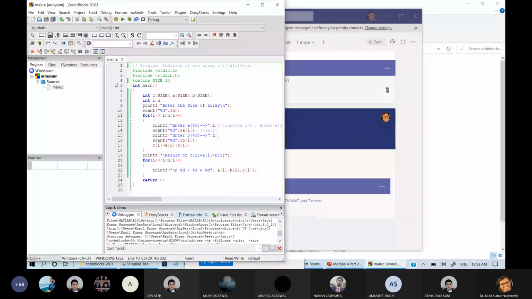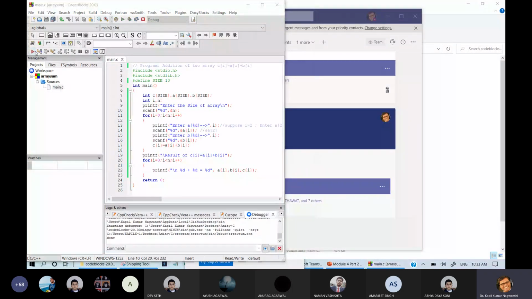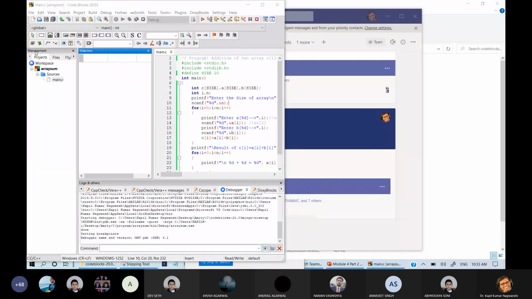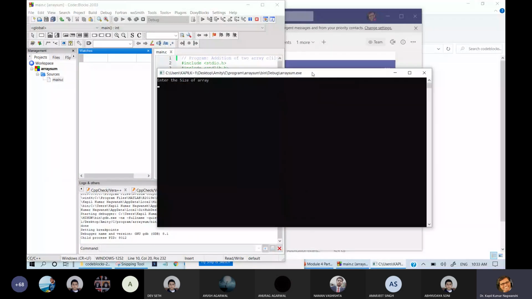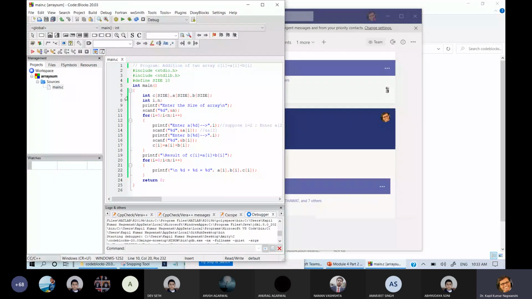So in this debugging window, oh, breakpoint is not given here. So let me add some breakpoints. So many breakpoints I had added.